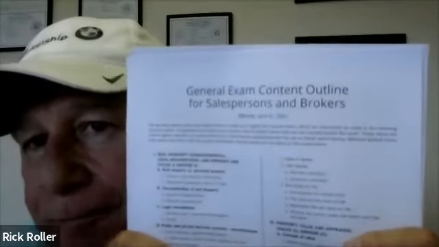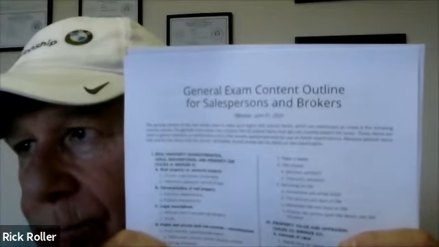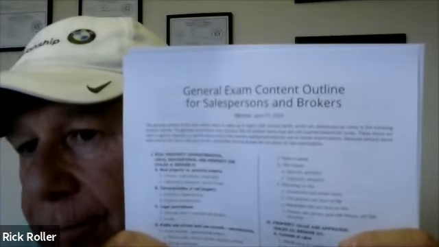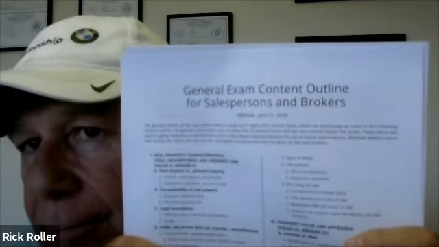Okay, Larry's got his hand up again. Rick, could you put up that form that you first showed us at the beginning of the call? You bet. Dan, where can they find this form in their materials? If they're on the school website, they look under Utah classes and there's a link that says scheduling your license exam. When you go to that page, there's a link directly to the Pearson VUE book, and there's also a link directly to this content outline that Rick is showing you. Great, thanks.